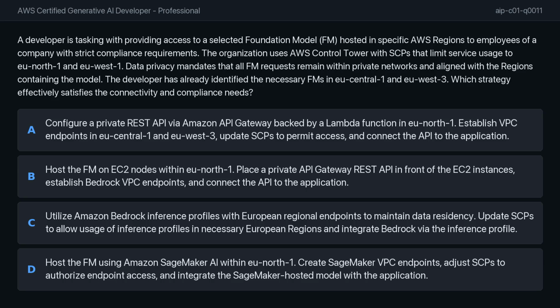A developer must provide access to specific foundation models hosted in certain AWS regions for a company with strict compliance needs. The organization uses AWS Control Tower with service control policies that limit service usage exclusively to EU North 1 and EU West 1. Data privacy rules mandate that all requests stay within private networks and aligned with the regions